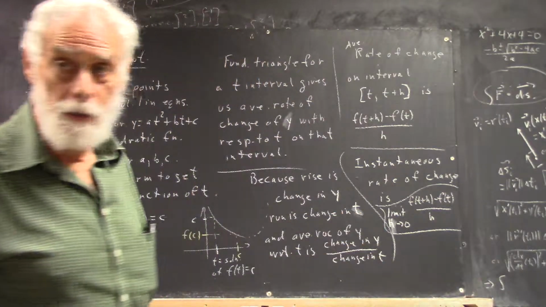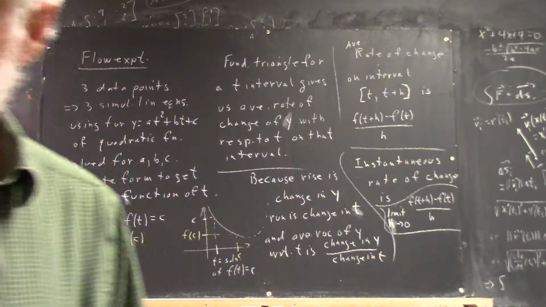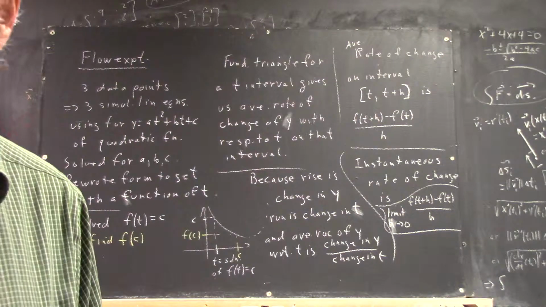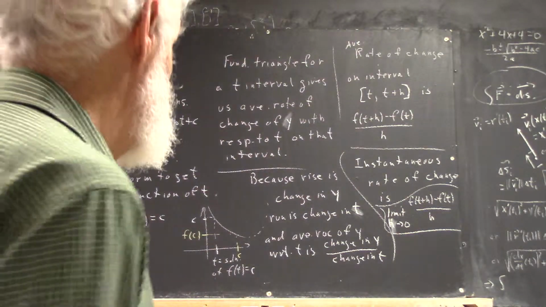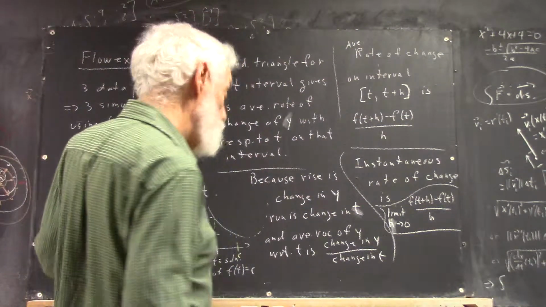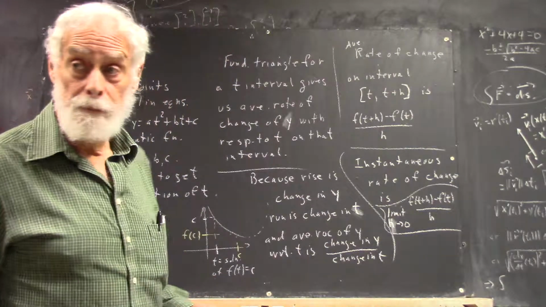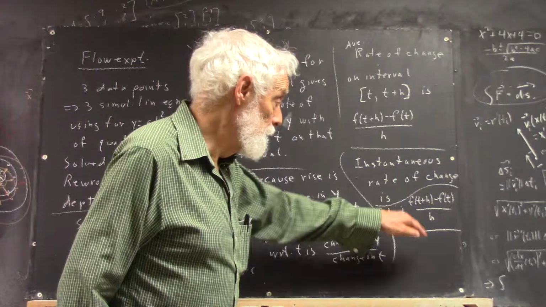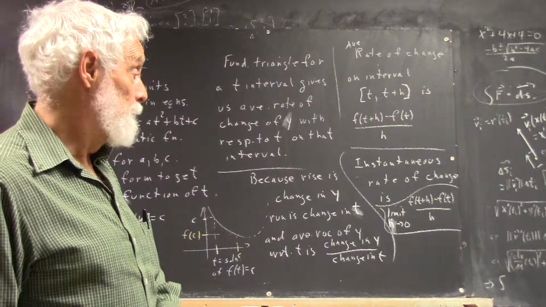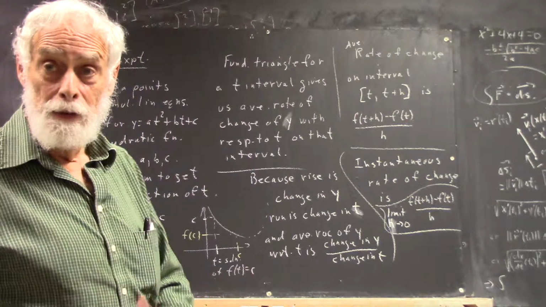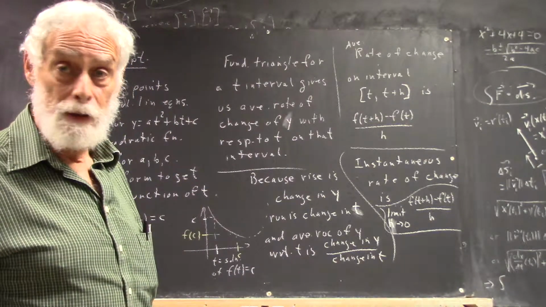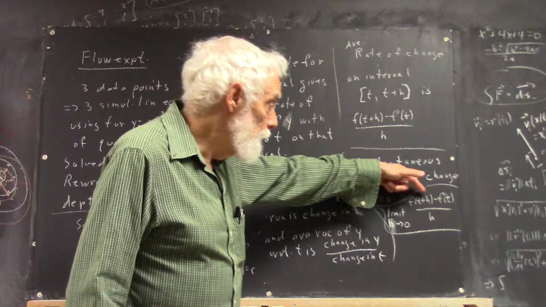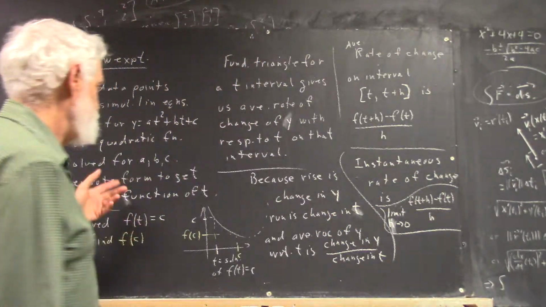We've done a number of problems with that, with quadratics. Okay? At least they've been assigned, and many of you have done it. So it's something you want to be able to do. Not particularly difficult for quadratic. It's really pretty simple. But you got to be able to plug in the t plus h into your